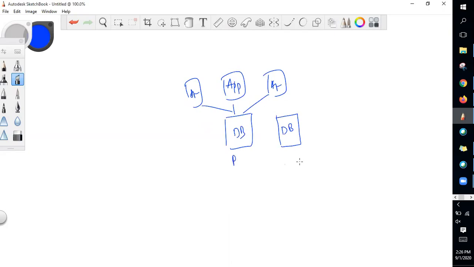This would be the primary, but this would be just a standby. When I say standby, obviously these two databases would be in sync. Synchronously, they'll be replicating the data. And when I say standby, that means for some reason, if this primary goes down or it fails or for maintenance, then only the applications would connect to the secondary one. And this standby or the secondary will become primary now, and this would become the standby.